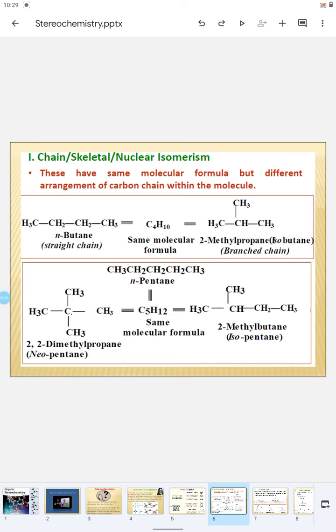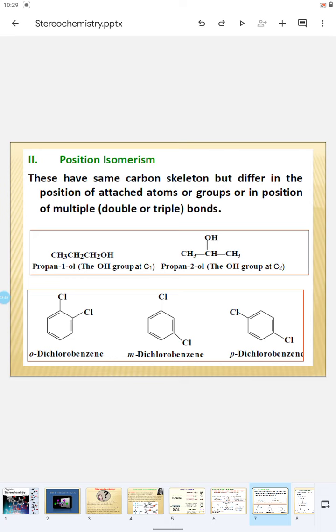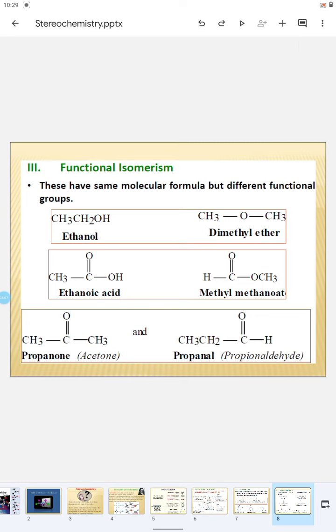Second one, position isomers. These have the same carbon skeleton but differ in the position of attached atoms or functional groups along the carbon skeleton. For example, 1-propanol and 2-propanol. And the third one, functional isomers,